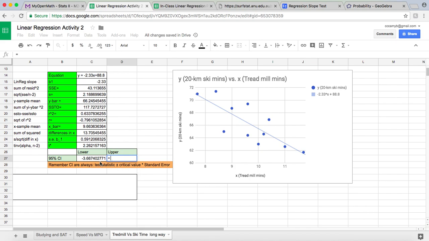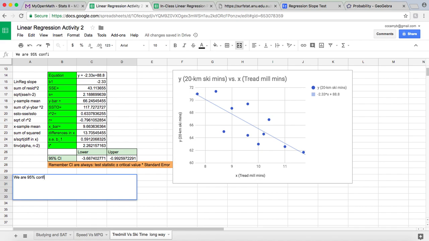We're going to say equals, again, our test statistic, which is B1, and now we're doing the upper bound, so we're going to say plus our T star times our standard error, which is right here. We're going to hit enter. So it does look like, because we don't have 0 in here, they are negatively related. So that's good. So we're going to say something like, we are 95%